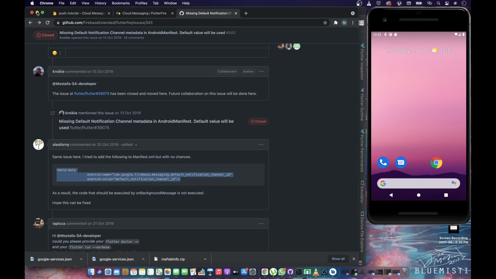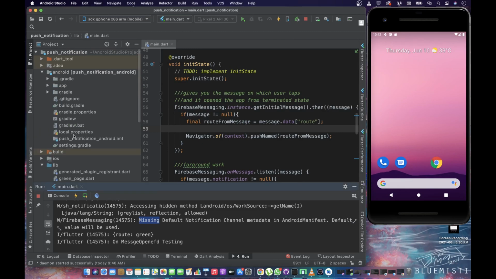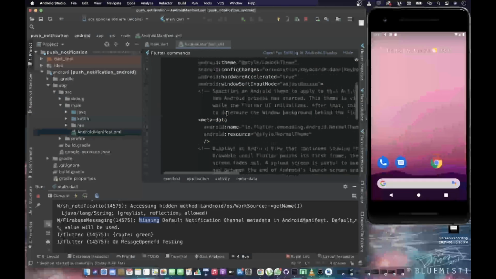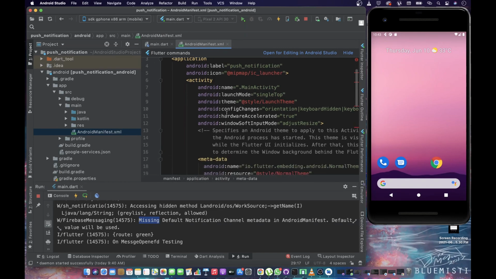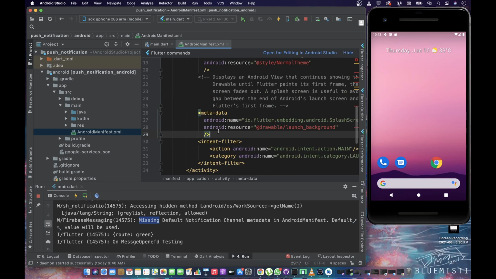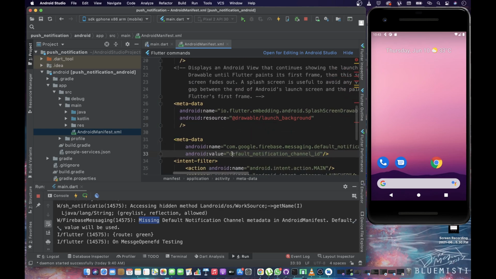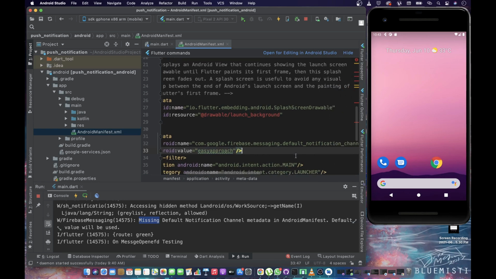So let's open this, and you have to paste this in the Android manifest file, which is in the src and then main. Okay, so we have this manifest, then application, then activity. Inside the activity, we have some metadata already. So let's paste it after that. And you have to specify here the notification channel ID. So we are saying easy approach. Yeah, we can just say easy approach. So this is the